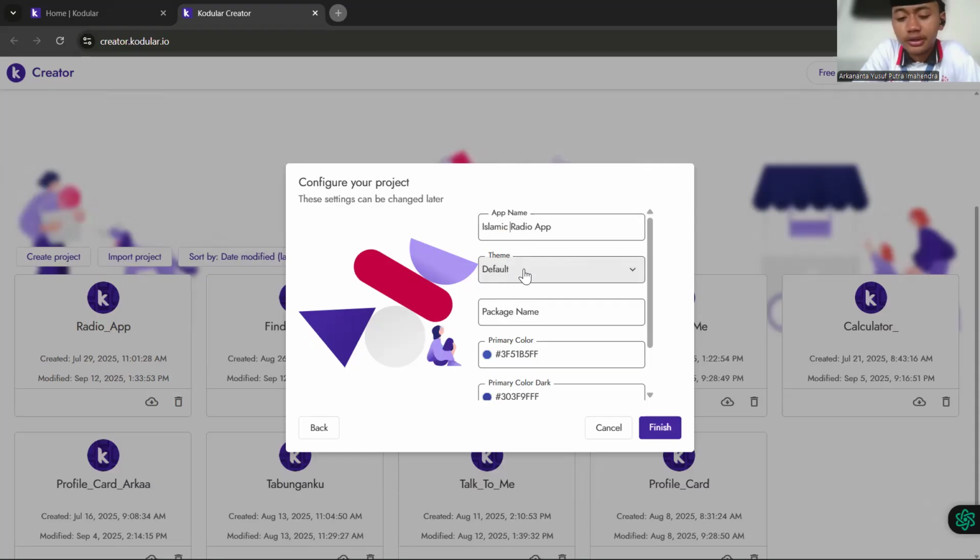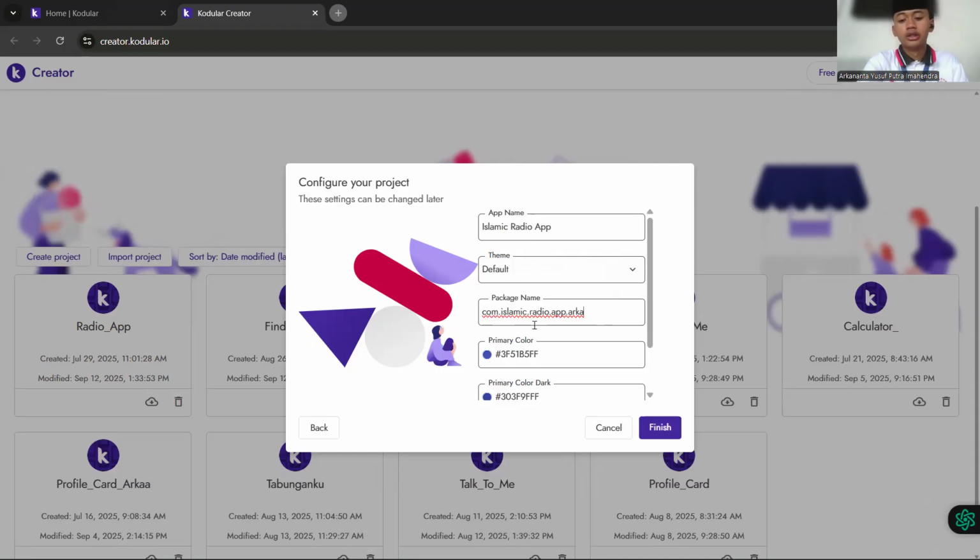Next is the theme. The theme is just the standard Kodular default. For the package name, you can give home dot Islamic dot radio dot app dot ARK.